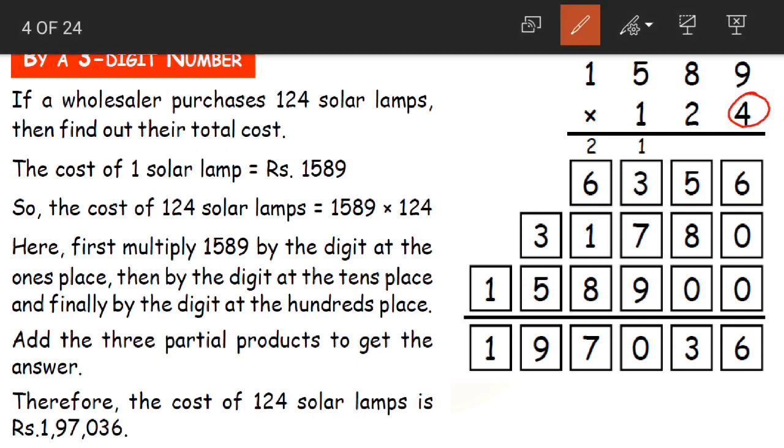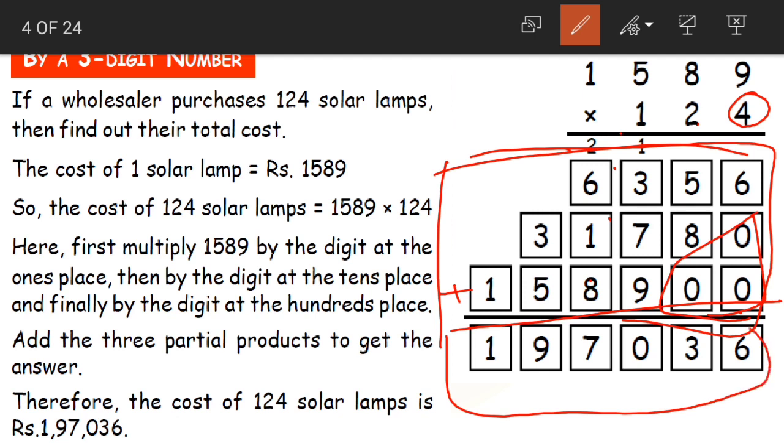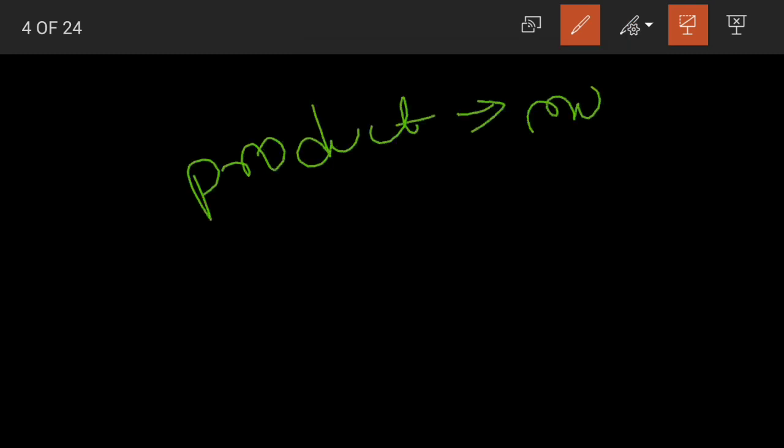We know how to multiply 1-digit numbers. It is the same no matter how many digits we have. The only difference is here we add zeros, and after multiplying we add all the answers together to get our final product. Now what is product? See, what term did I use here, children? Product. Product means the answer that we get from multiplication.